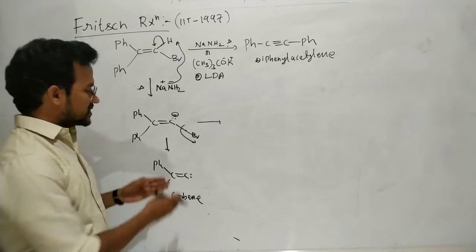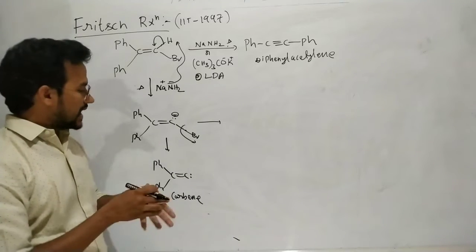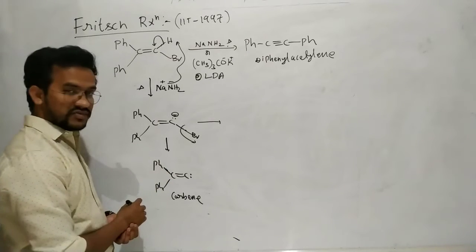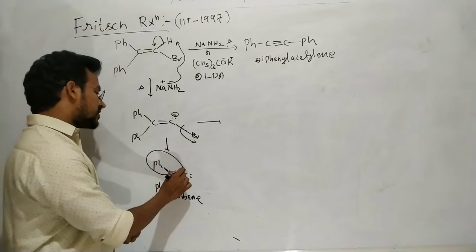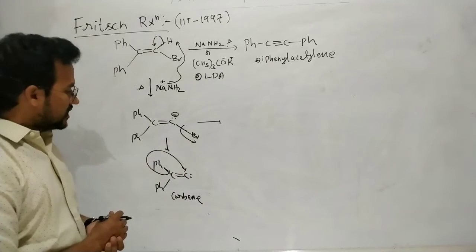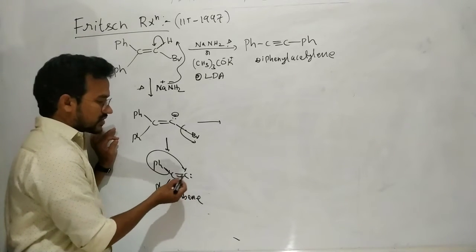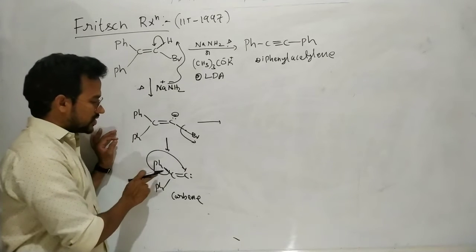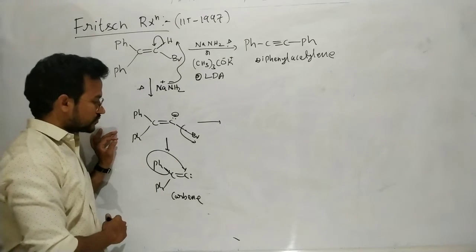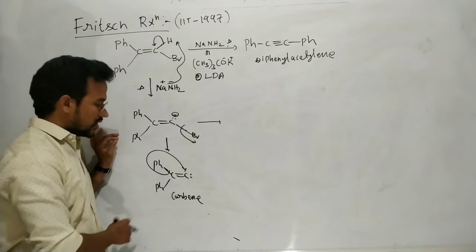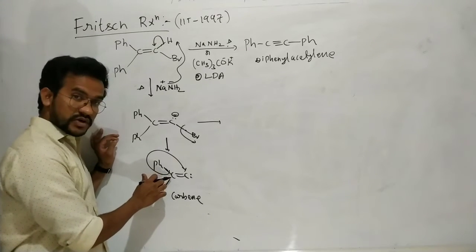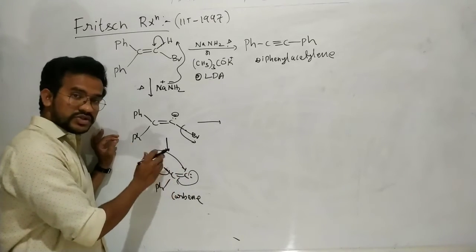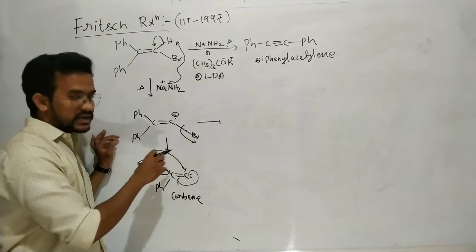But in this case this carbene is electron deficient, that is, electrophilic in nature. So the adjacent phenyl group is migrated towards the electron deficient carbon. These are the 2 non-bonding electrons. Now this phenyl is migrating with a pair of electrons, that means Ph minus migrates to this electron deficient carbon. Now this carbon becomes electron deficient and carries a positive charge. Now these non-bonding electrons form a bond with the positively charged carbon. So here finally we get the alkyne.